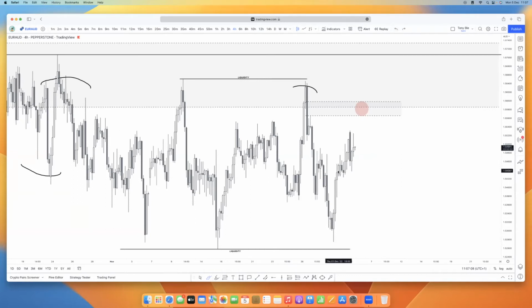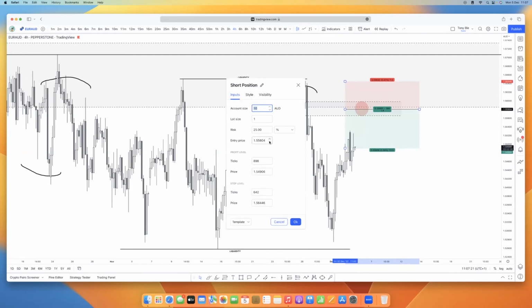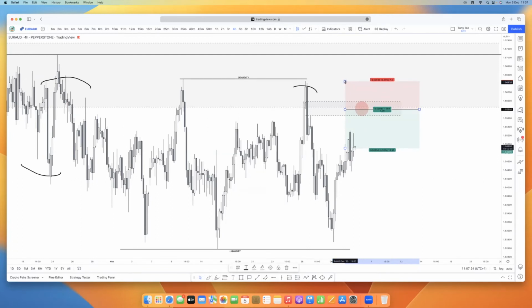So don't have a limit order on this trade. Maybe you just want to put your entry here, stop loss. Even the stop loss is too much. 64 pips is too much for me. So 800, something like this. That's an 80 level, and then stop loss should just be up here. That's about 70 pips stop loss. It's too much. Okay, this is going to be too much. So just wait for price to come into this area and let's try to see if we can get that distribution on the lower time frame inside here. And then that would be it.